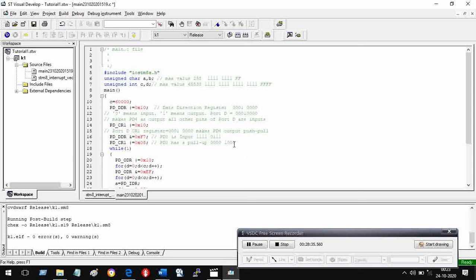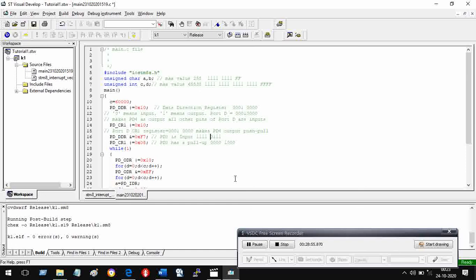So bit 0, bit 1, bit 2 and bit 3. Bit 3 has to become 1. When you want to make something 1, then you OR it. This symbol is for OR. This symbol is for AND. So I just OR it with this number. What is this? 08 in hexadecimal.